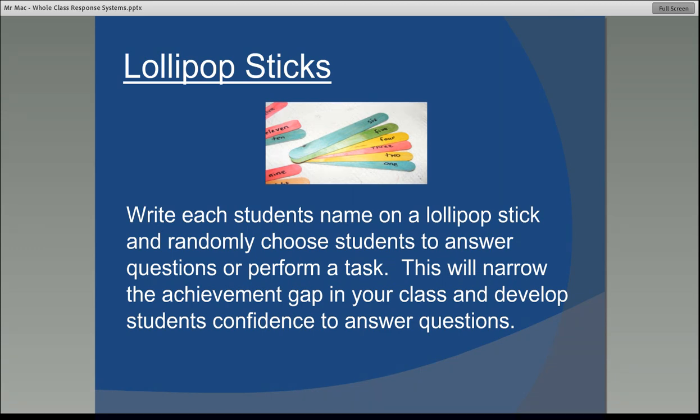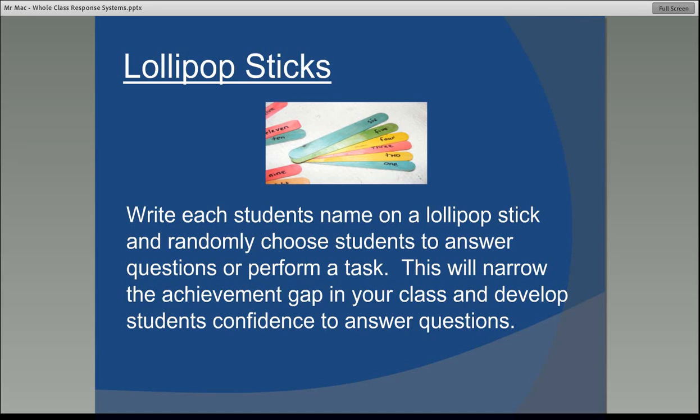I've actually got them colour coded as well. So I've got green, amber, red sticks, and I put my top ability green, my middle ability amber, and my bottom ability red. So when I'm asking questions, I might target a question to a certain group, maybe a low order question and pull out a red lollipop stick, or if it's a high order skill, pull out a green one. I've actually got to a point now where I've just had a GCSE lesson today, whereby